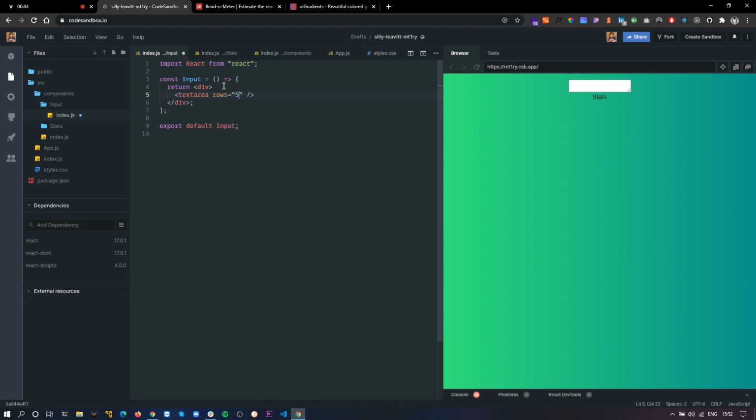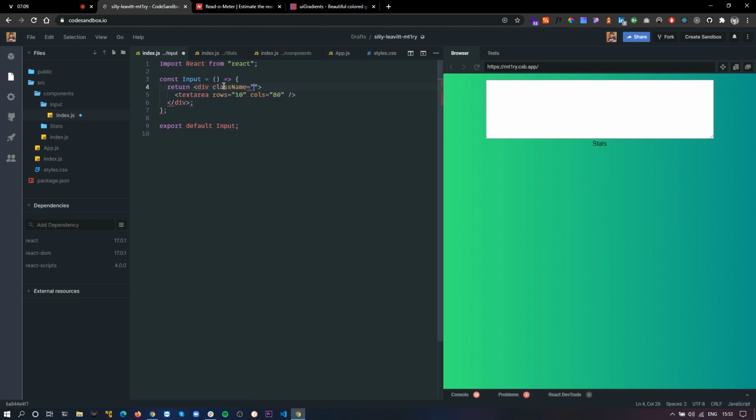Rows can be 5, and I'll give it columns, so I can do 60 or maybe 70 or 80. Let's also increase the rows. Let's do 10. Yep, this looks fine. So that is done. Now let's do one thing. Let's apply a class name here so we can actually style something.